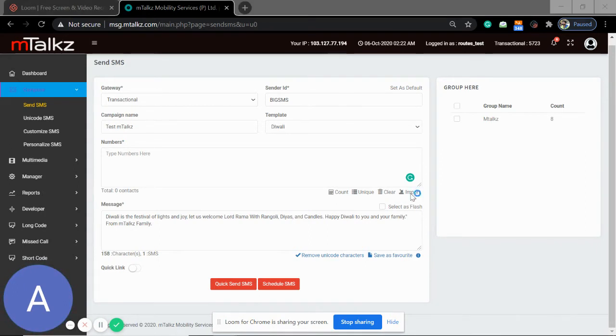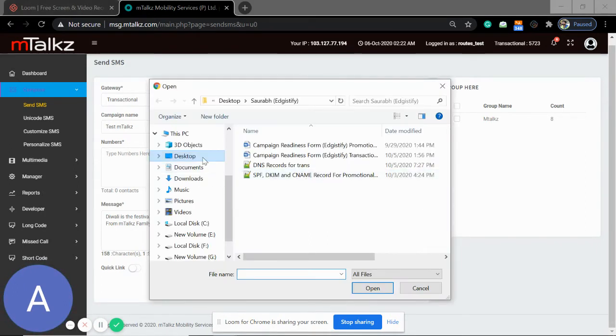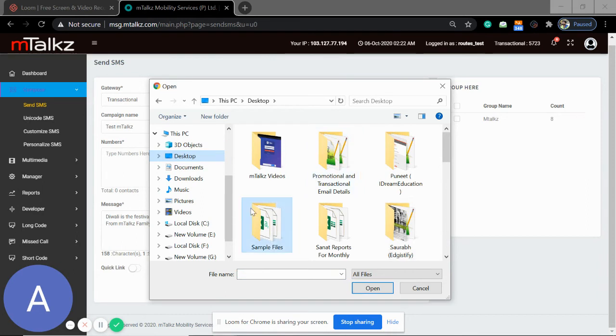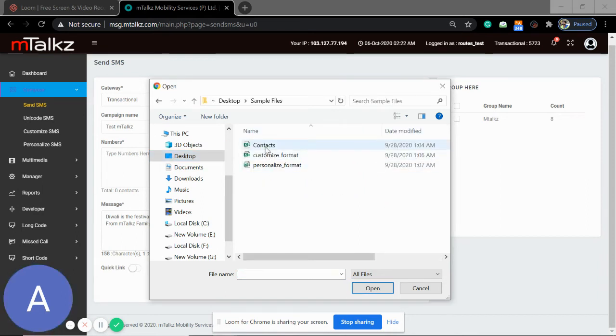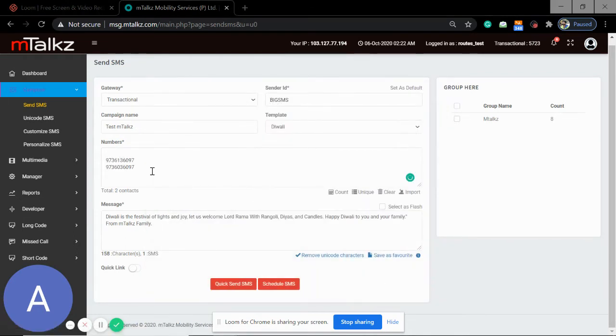Just click on the import section, go to the desktop, choose the sample file where I have put the contacts. You can see that there are two numbers in the file, so the file will show you only two numbers. You can put any number of contacts in your list; that depends on you.